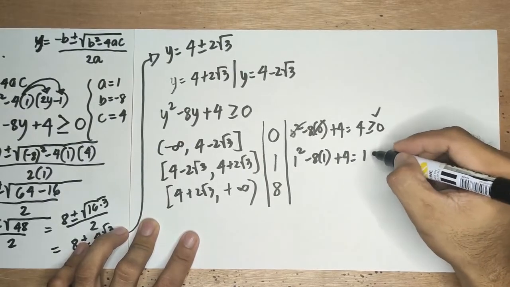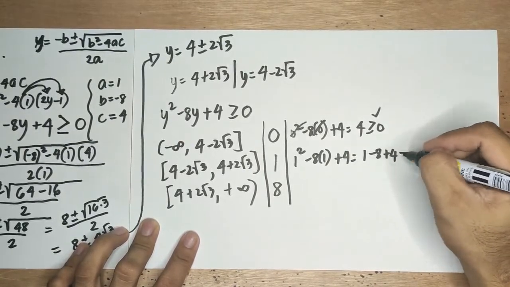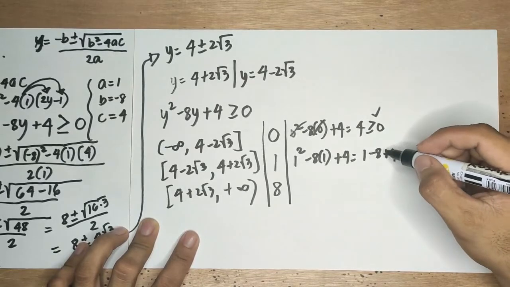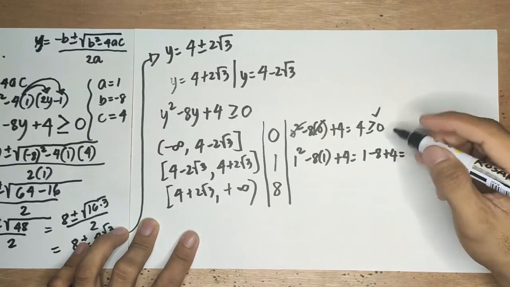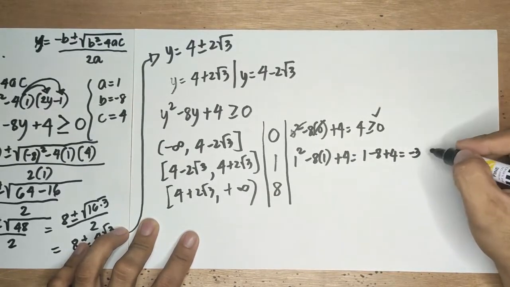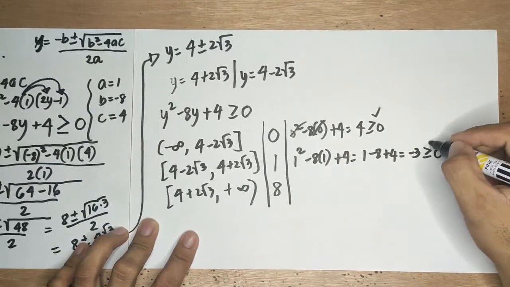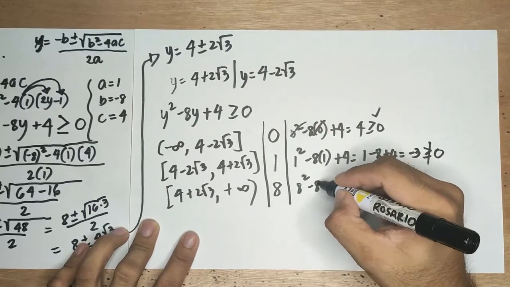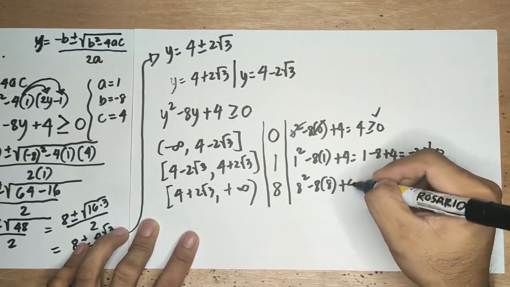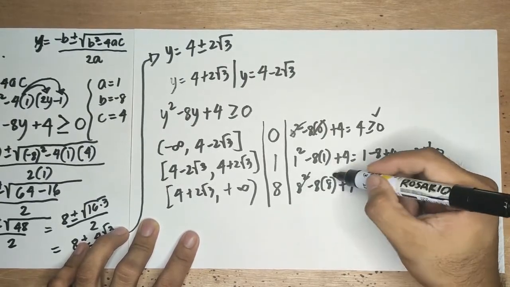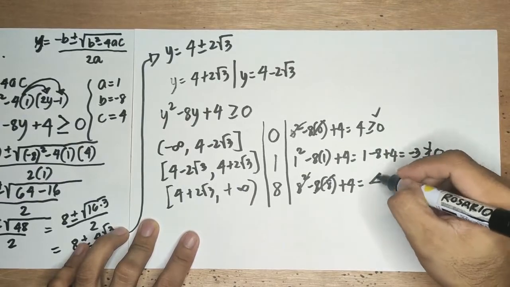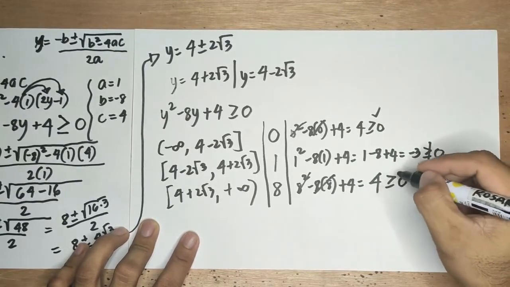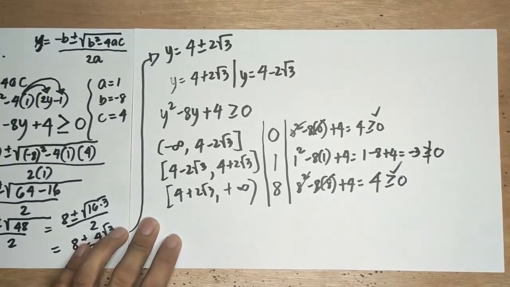That is 1 minus 8 plus 4. 5 minus 8 is negative 3. Is negative 3 greater than or equal to 0? No. If y is 8, we have 8 squared minus 8 times 8 plus 4. So 64 minus 64 is 0. We have 4. Is 4 greater than or equal to 0? Yes. So therefore,